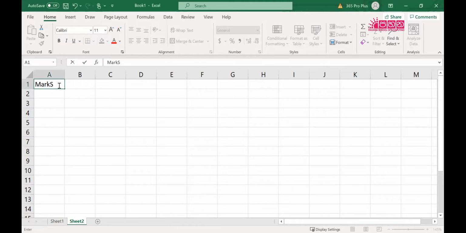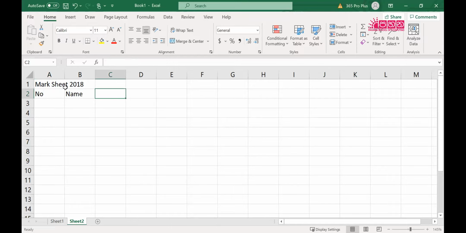You can say, okay, mark sheet 2018. So that's the first slide. And then I can type the columns: name, subject 1. Right now, don't worry about formatting this one.